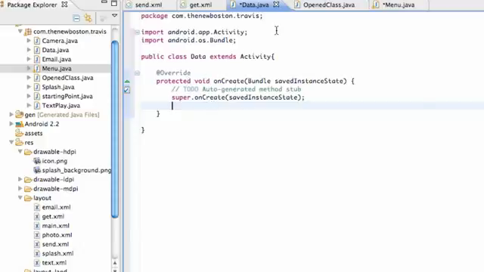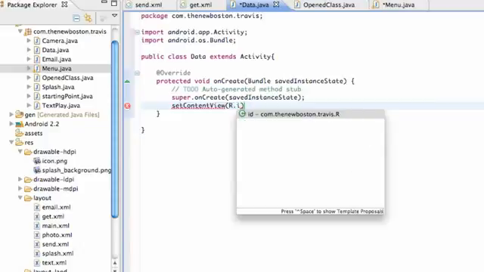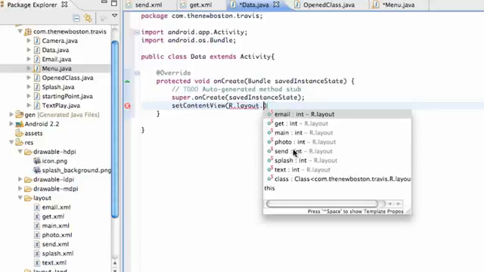Actually, I'm going to say set content view. Sorry, I'm kind of spazzing out here with deciding if I want to show you guys everything or not. But we're just going to set the content view layout, but I want you guys to get this set up properly. For our data class, we're going to set that up to,